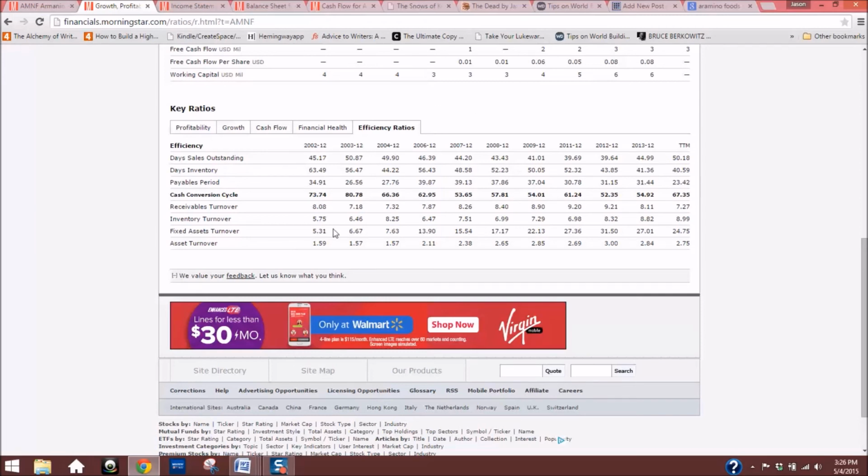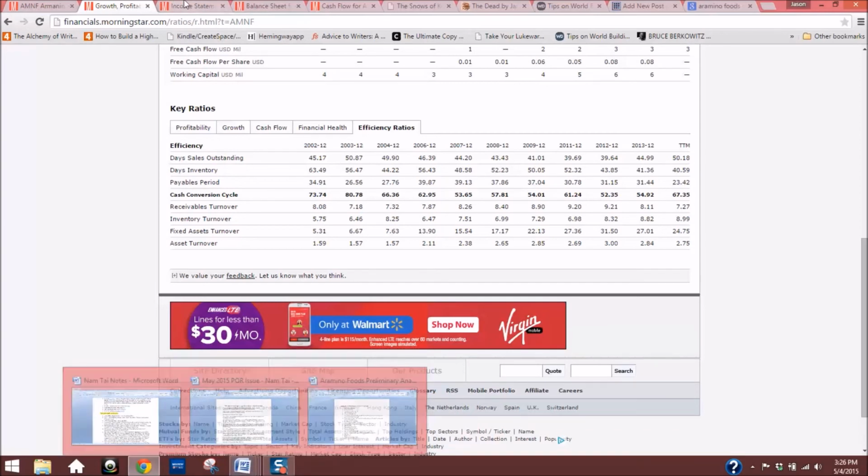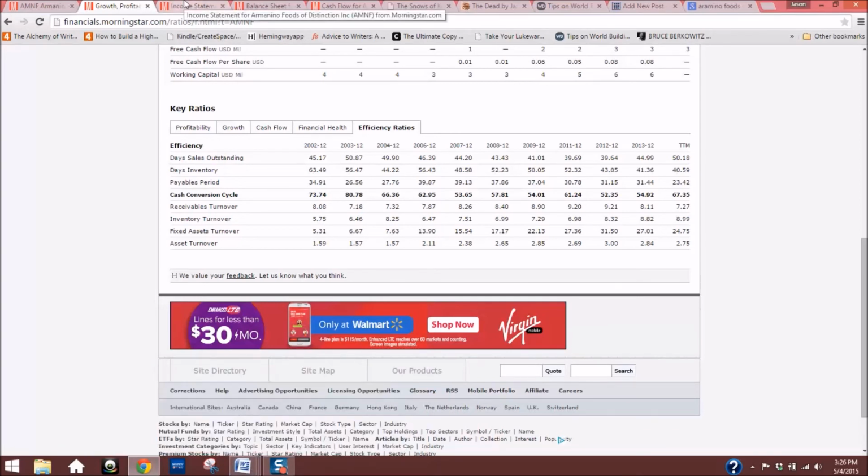And then from here, I calculate EV to EBIT, EV to free cash flow, and then the inverse earnings yield as well. For both numbers, I look for anything under 8 as preferable. That's a number that I've had success with in the past, and that's a number I've seen Warren Buffett say that he has had success with in the past. So I figured why go against the master, and may as well just go with the 8 number, as it seems to be working well for both of us. But EV to EBIT of Armanino Foods is 12.4. EV to free cash flow is 21.3. So neither are great,